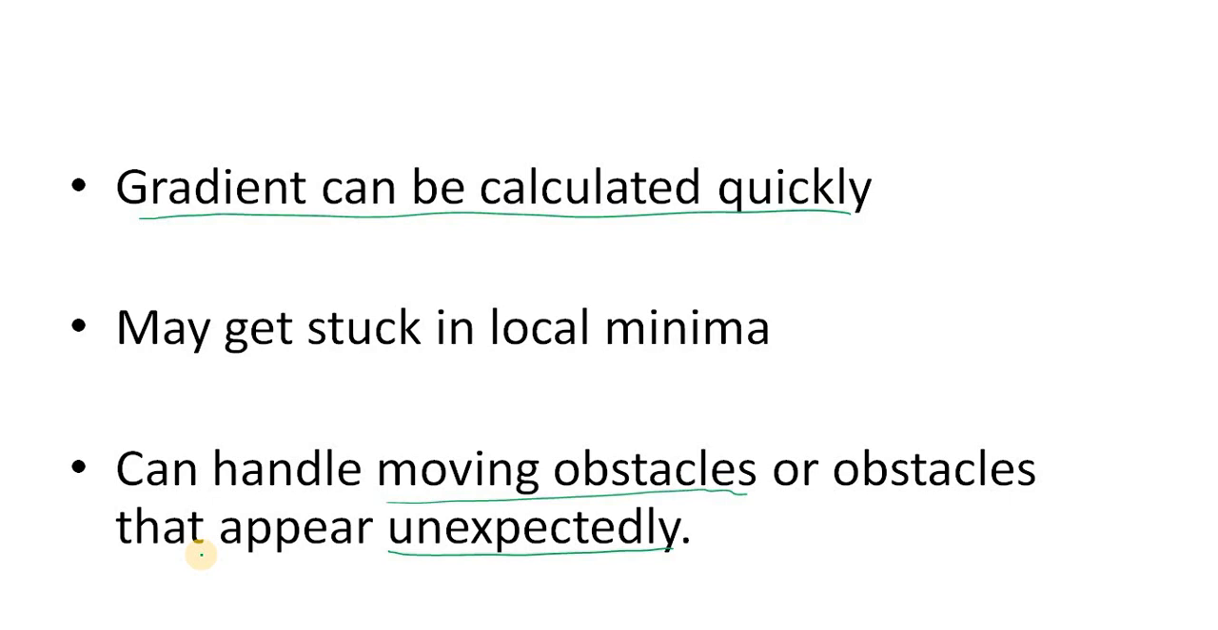Okay, now we have seen the advantages of artificial potential fields. There is also one disadvantage. And the disadvantage is that it can get stuck in local minima. Now, what is local minima? Local minima is something like